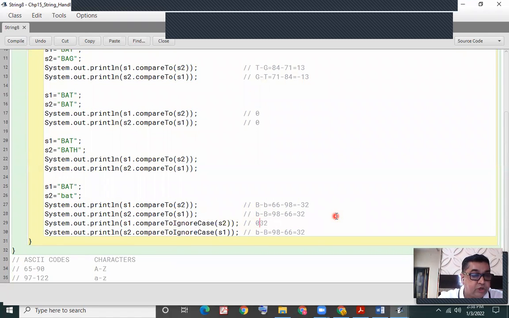So this time Java would not treat capital B and small b differently. I'm saying, in the case where I'm calling the method compareToIgnoreCase, the result we are going to obtain is 0. I repeat, what compareTo normally does is differentiate between uppercase and lowercase characters, which compareToIgnoreCase will not do.